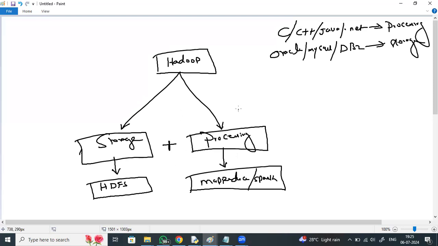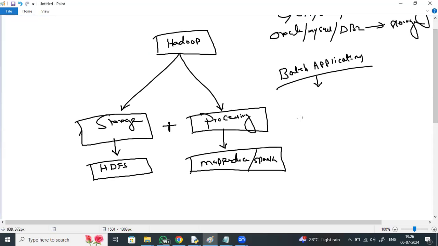So Hadoop is meant for batch processing. Hadoop is meant for batch applications. Hadoop is not for online applications. Batch applications means user non-interactive applications. So you need to clearly understand for what purpose Hadoop is meant.